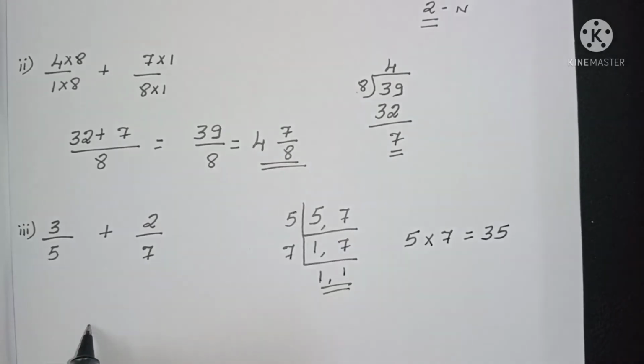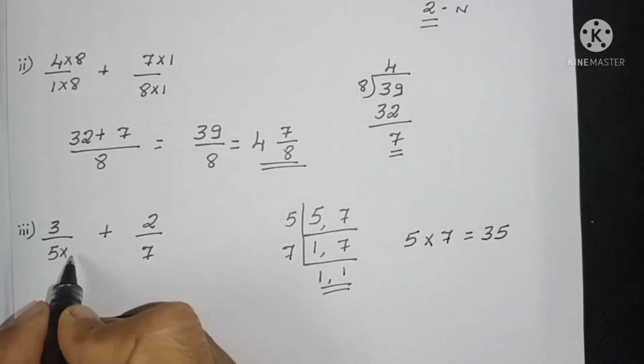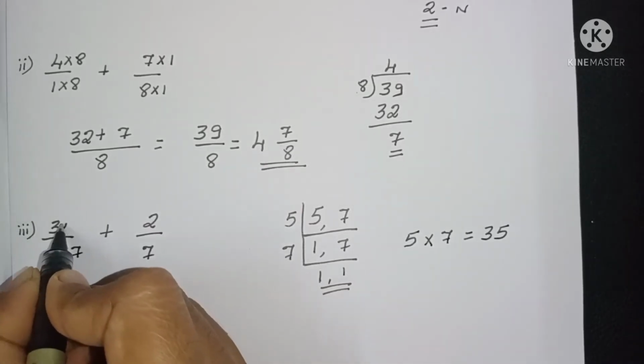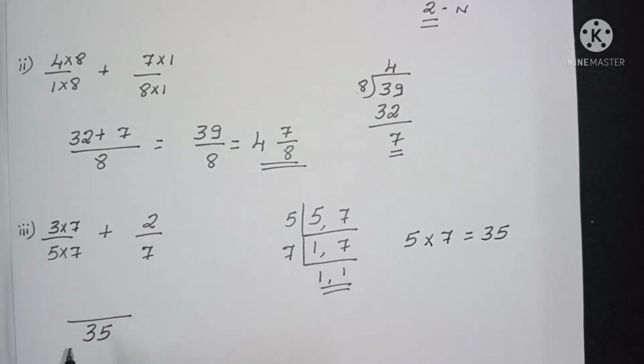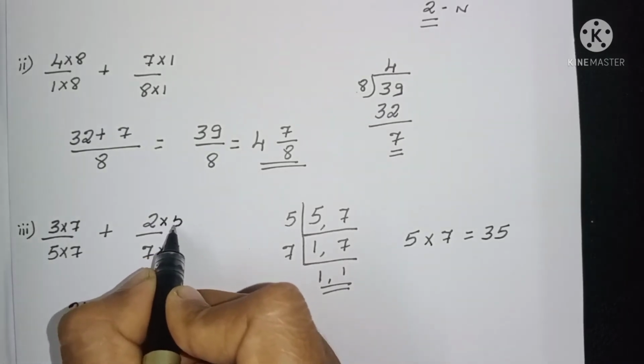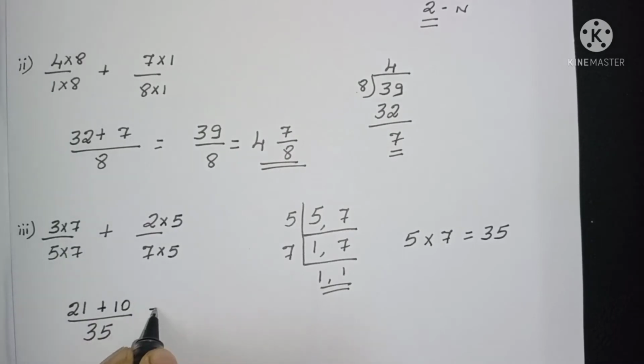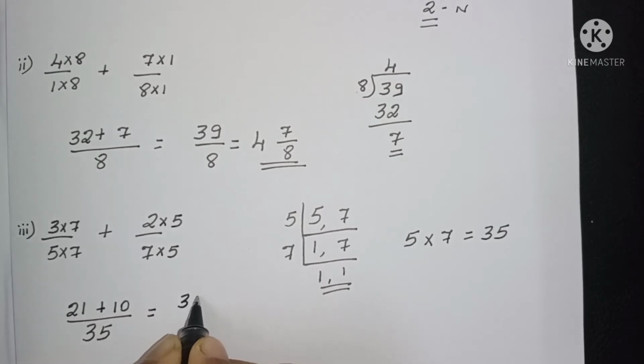Here we have to change the denominator to 35. 5 how much gives 35? 5 sevens are. The numerator we have to multiply by 7. 7 threes are 21 plus 7 how much gives 35? 7 fives are. The numerator we have to multiply by 5. 5 twos are 10. Now we have to add 21 plus 10, 31 by